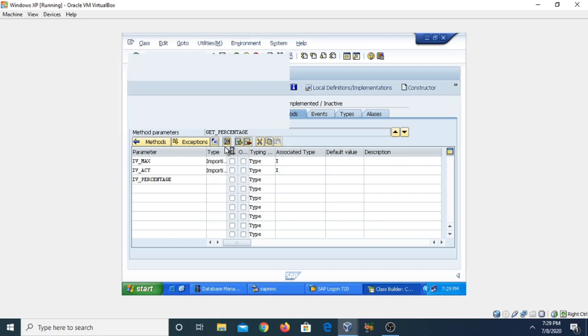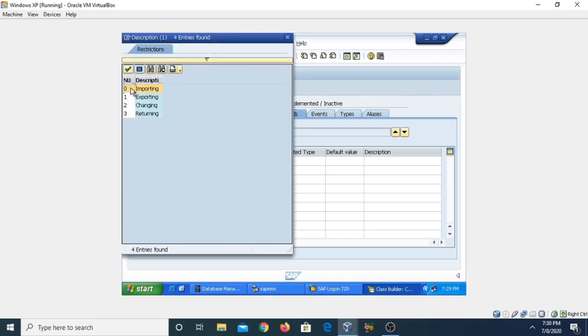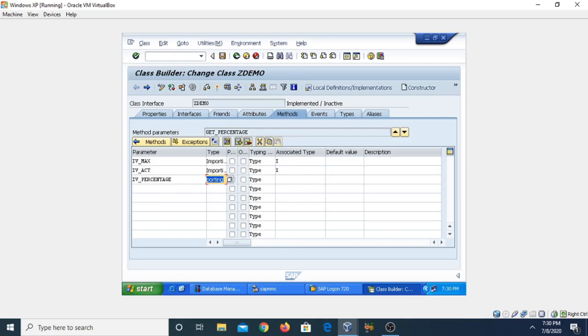So this is parameter type, so parameter type may be importing, exporting, changing and returning. Now the associate type, suppose this is our decimal. Now click on the save button.